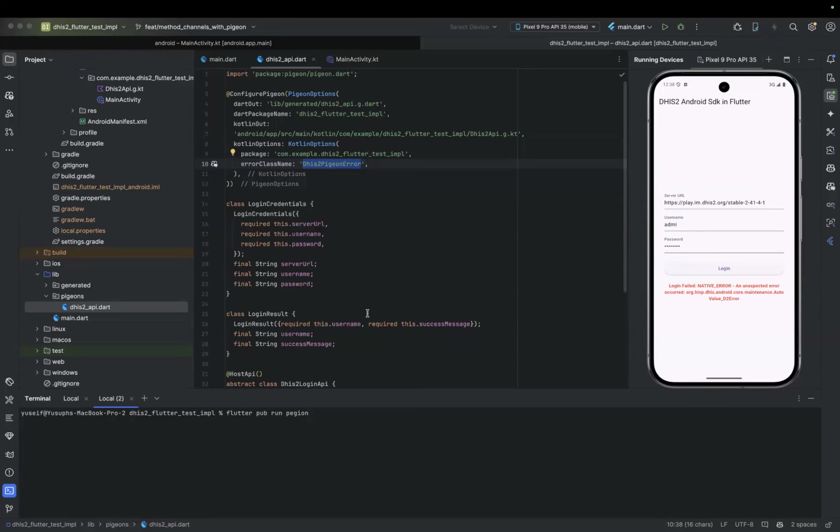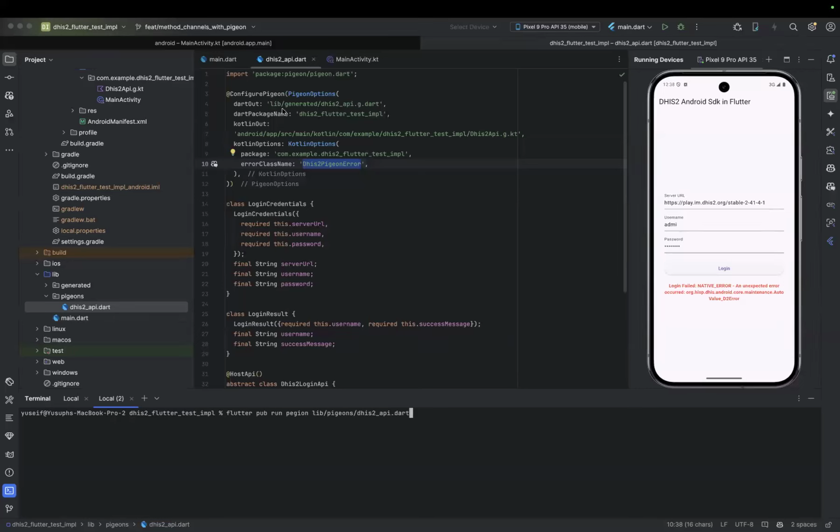For example, my DHIS2API.dart is located at lib, slash pigeons, slash DHIS2API.dart. So if I run this command, then Pigeon will analyze this file and know what to do.